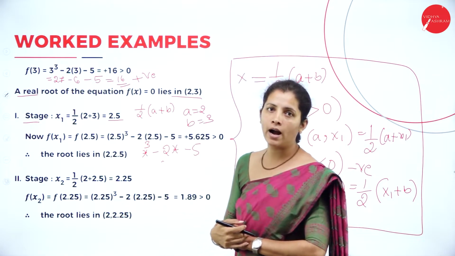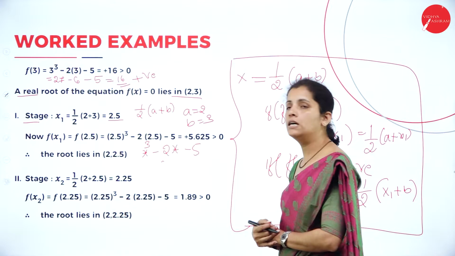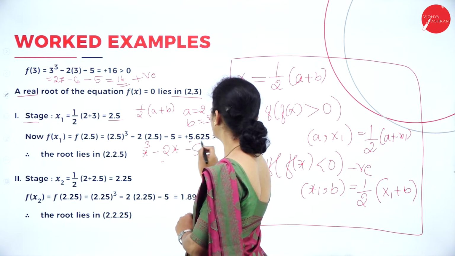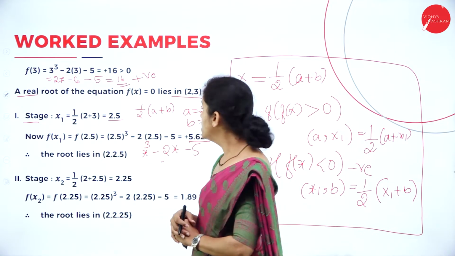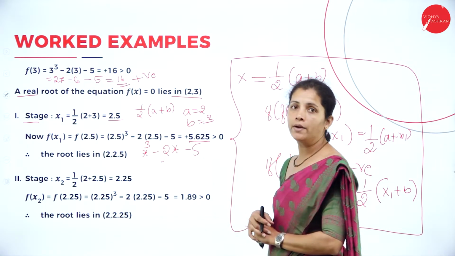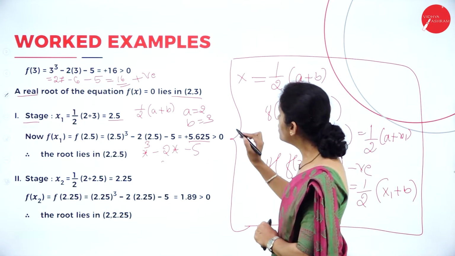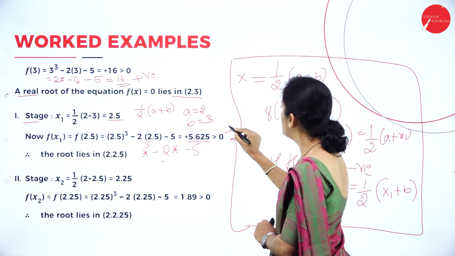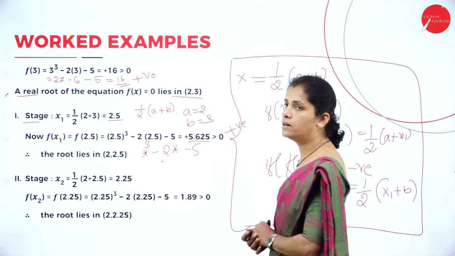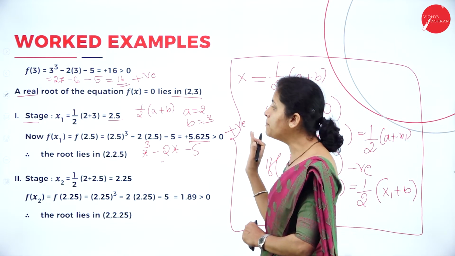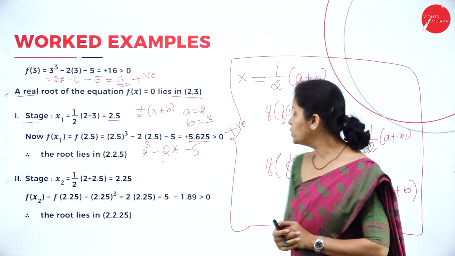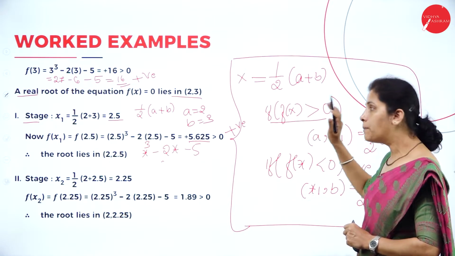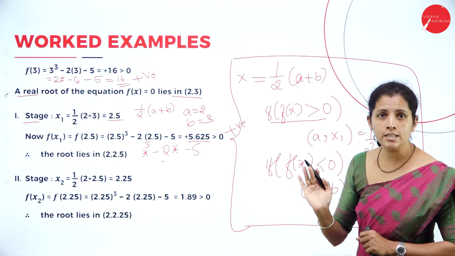It is 2.5 to the power 3 minus 2 into 2.5 minus 5. So, I am getting the value 5.625. So, it is a positive number because this is greater than 0. If it is positive number, what I want to do? See the condition here. If it is positive number, my A remains as it is and I am going to